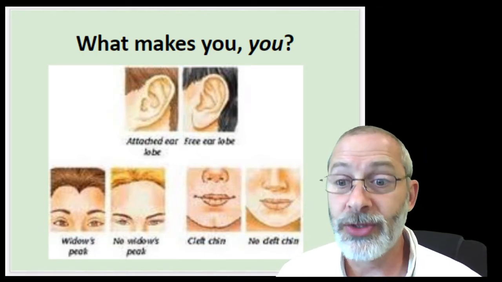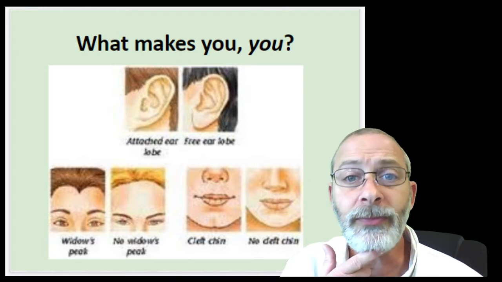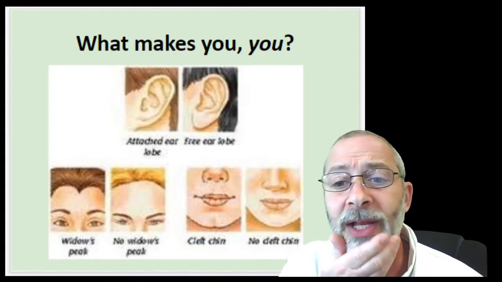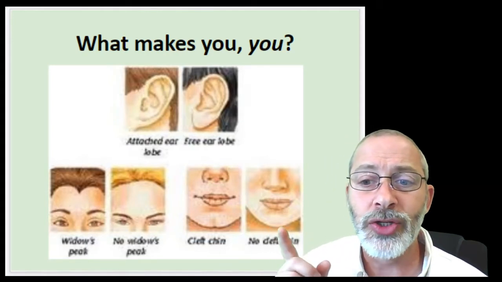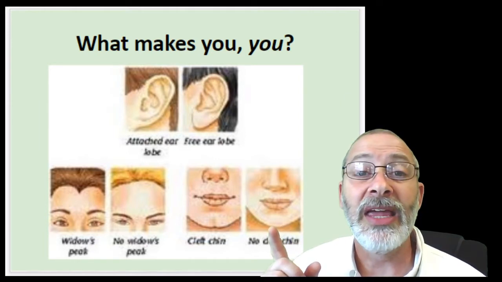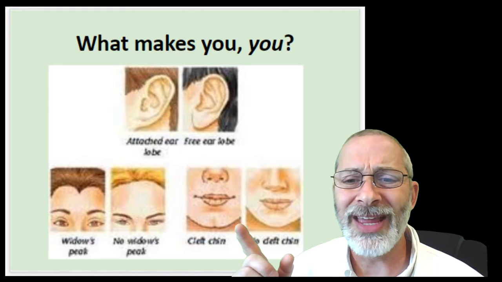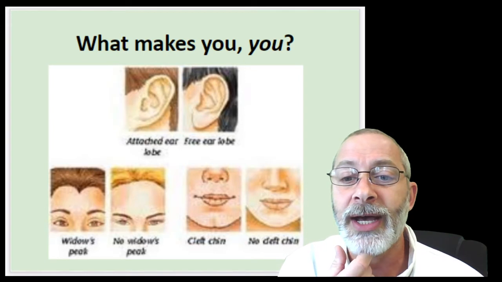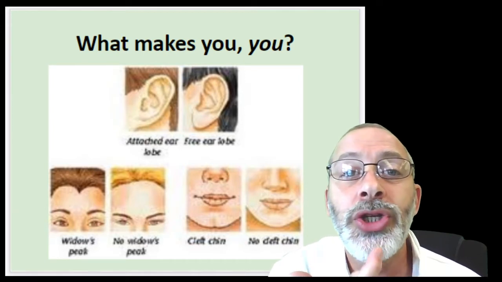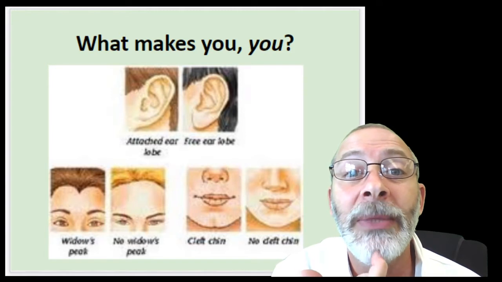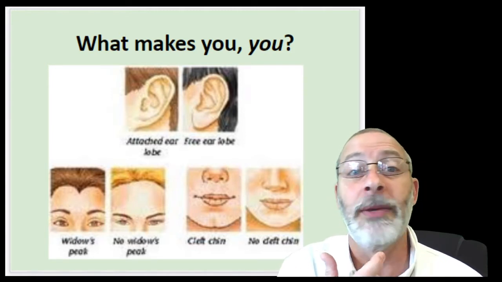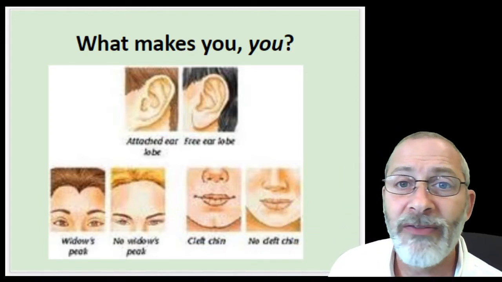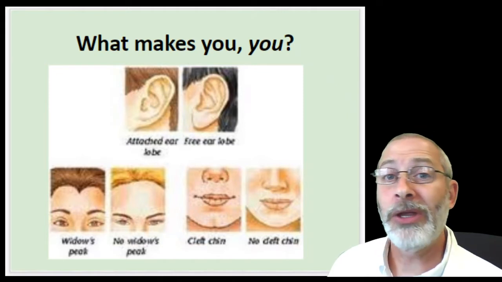The next one here has to do with your chin. Now, my chin is kind of hidden right now with some fur, but if I were to take this off, you would see that my chin looks more like this one. I don't have a cleft chin. Some of you may wonder, well, what is a cleft chin? Well, some people call it a butt chin. You know, you got two cheeks on your chin. A cleft chin is one in which you have like a vertical dimple down the middle of your chin. Some folks have it, some folks don't. All of these are genetic characteristics that you don't have any control over. You either have them or you don't have them.